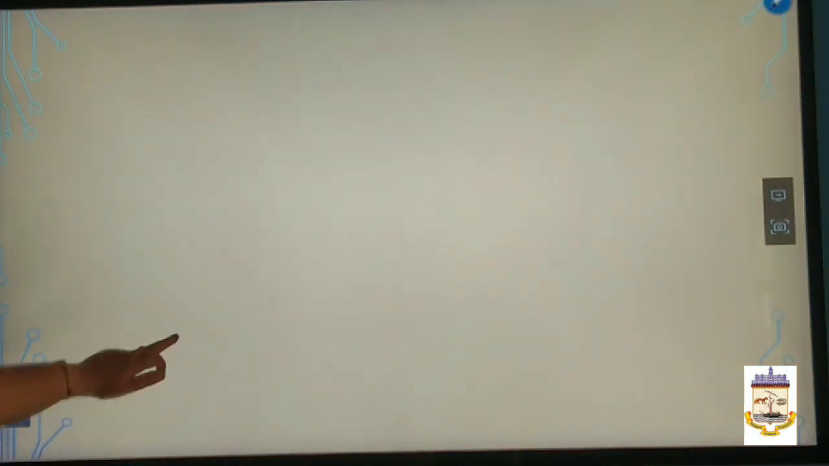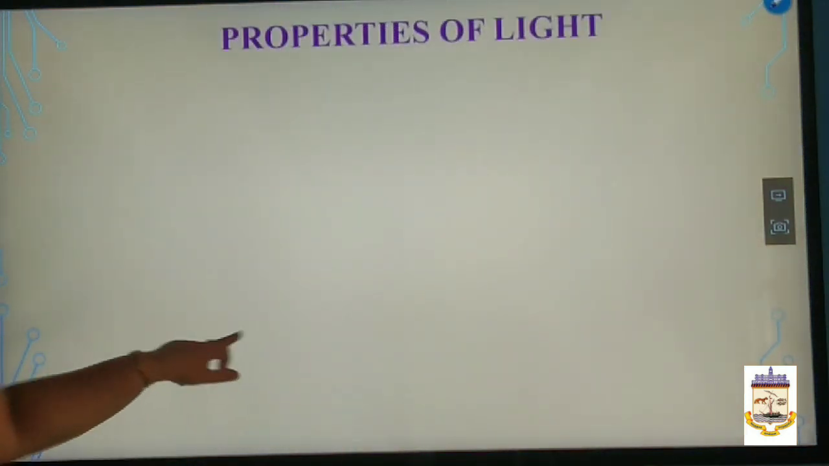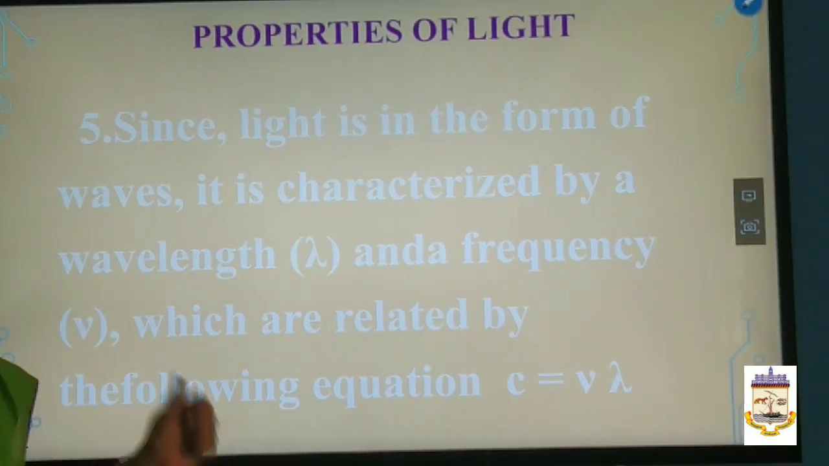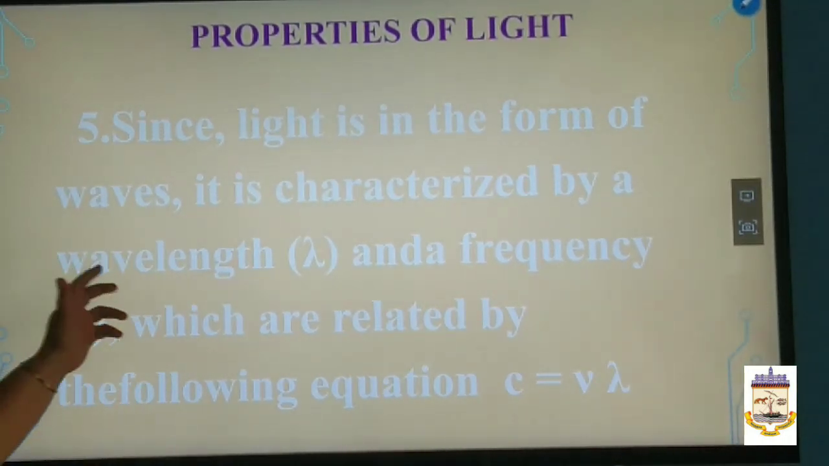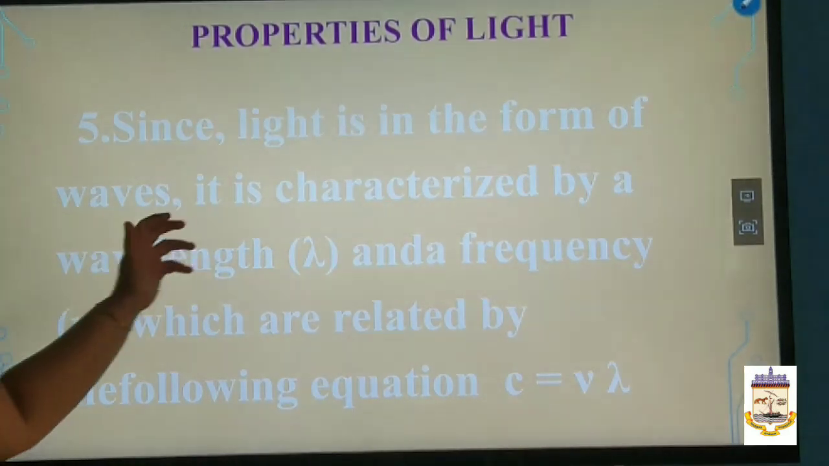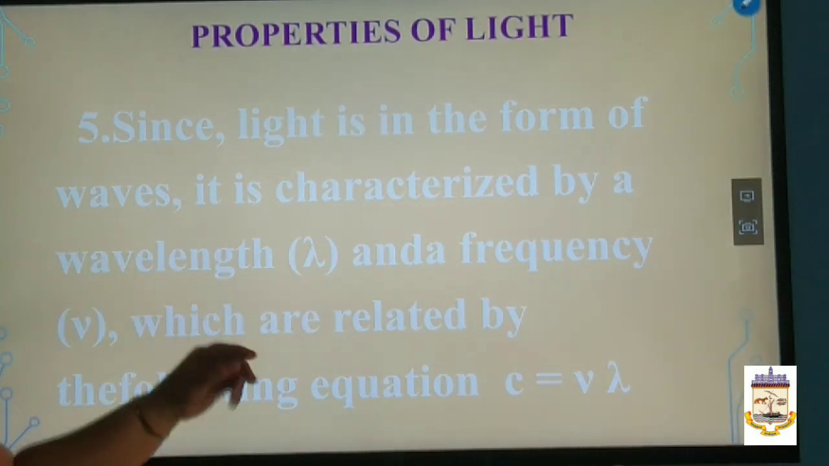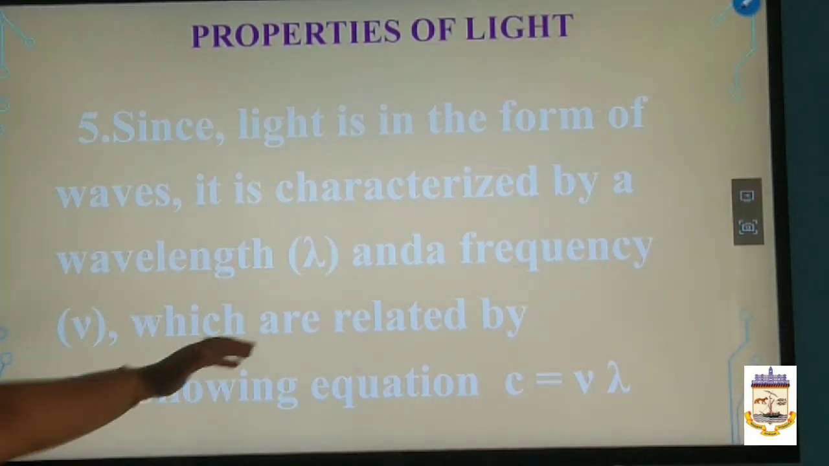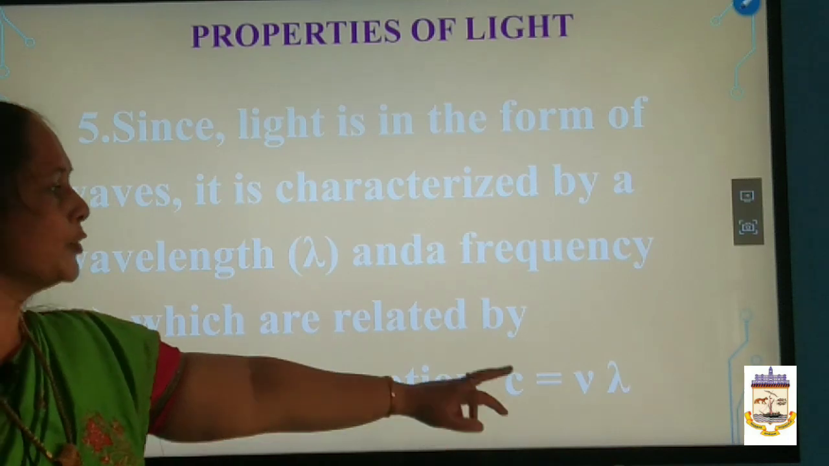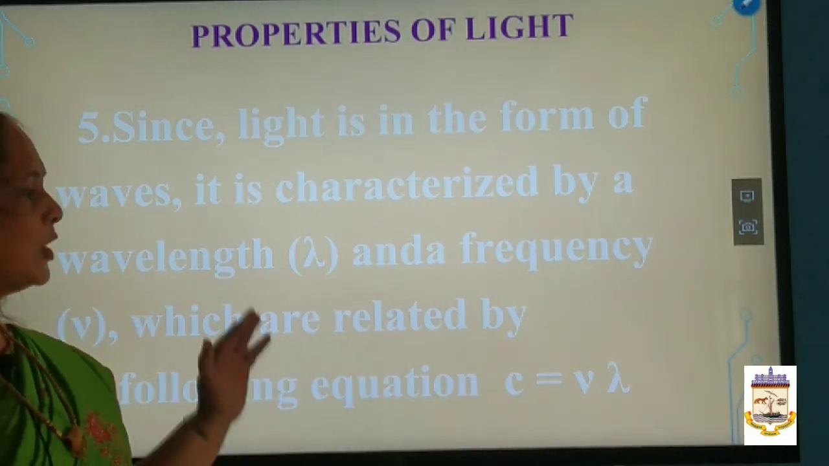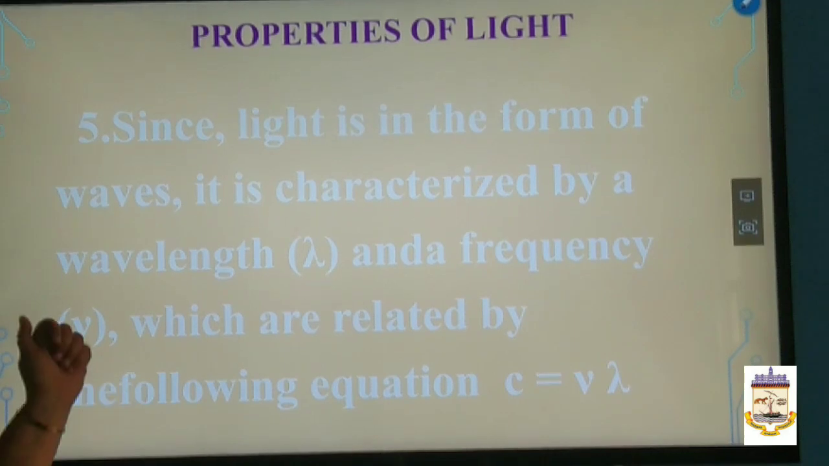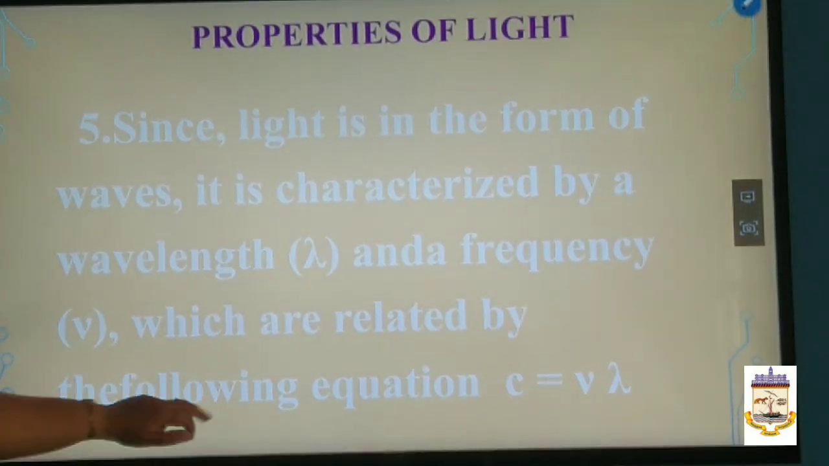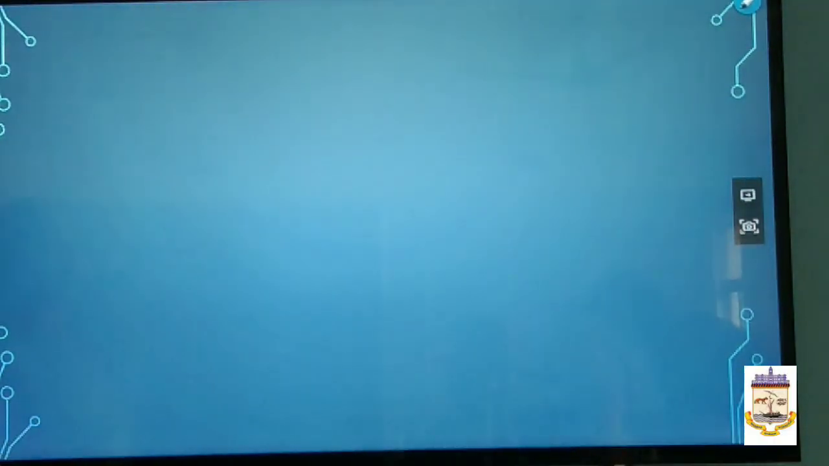Yeah. Next one is, actually children, the light has a dual nature, that is particle nature and wave nature. Here when it is in the form of waves, it is characterized with two parameters, that is wavelength and frequency. So they are related in the equation c = ν λ. That is, the velocity of the light is the product of the frequency and the wavelength. The next property is